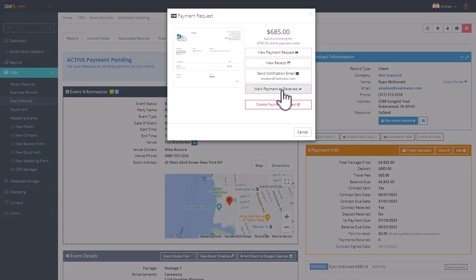If for some reason the person hasn't made a payment after a couple of days and they say, I never got the link, you can always just come in here and click Resend Notification. You yourself can actually go and view the payment request page if you want to, simply by clicking on this link. But more importantly, once the payment's received through some other means, whether it be a check, Venmo, ACH, whatever,